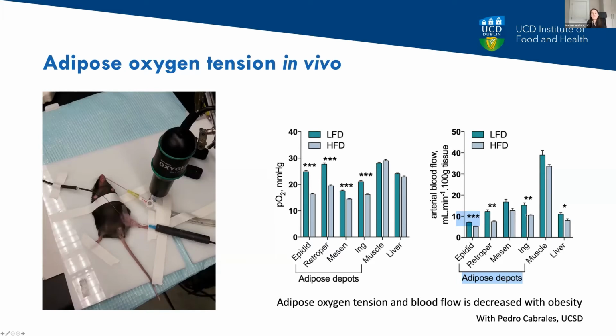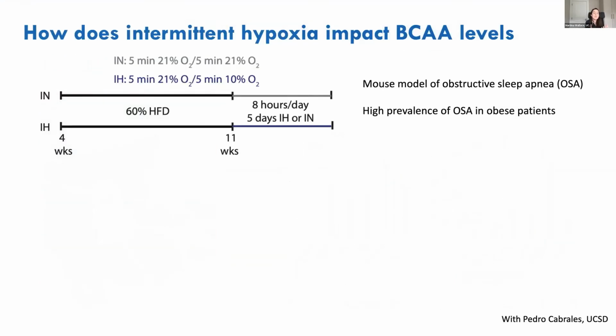So this, combined with the tracing data on the previous slides, indicates that decreased oxygen tension may contribute to the decrease in branched amino acid catabolism in adipose tissue, but clearly there's a lot of other factors also driving altered catabolism in other tissues as well. So in order to further link this alteration in oxygen levels with altered branched amino acid metabolism, we decided to